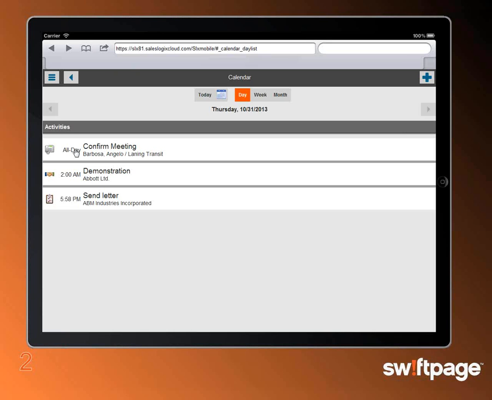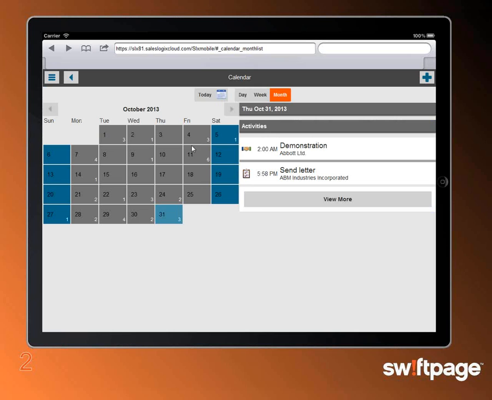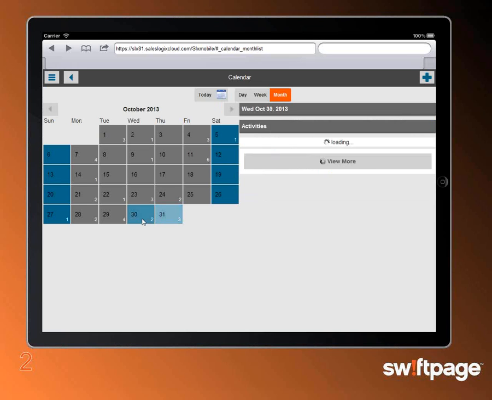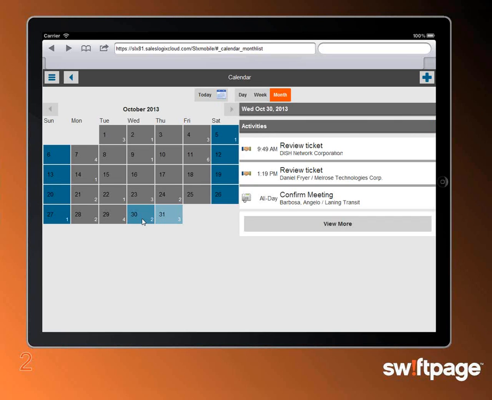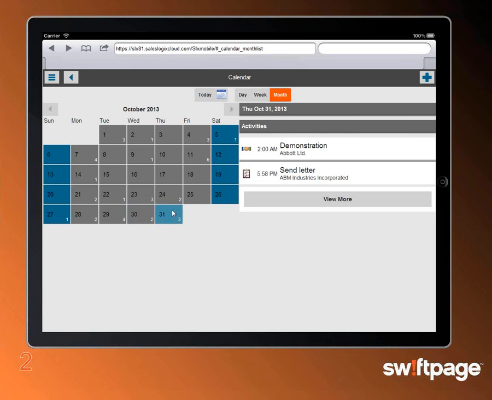So right now I'm looking at my today's view. I see I got three particular meetings that are going on right now. If I wanted to jump to my month view, I most certainly could. And from the month view, I get a little tag in the middle of each day that tells me how many opportunities that I have going on, and I can jump from day to day, and it'll go load this stuff up right away. The key here is when I do and complete activities on my mobile device, that stuff gets sent back to the primary servers, and that means it's updated and available for anybody else that is using the system or has permission to use the system.